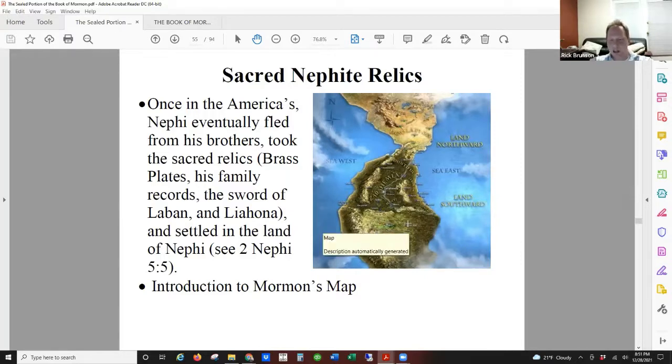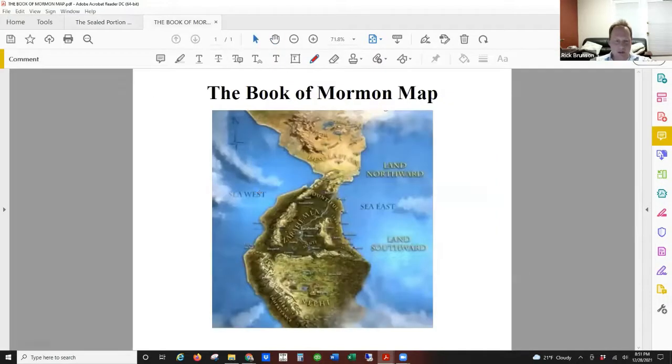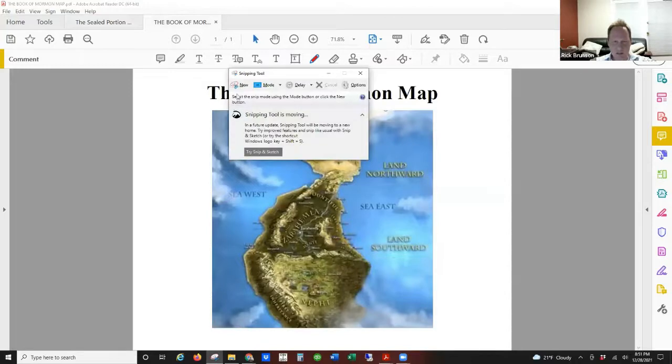Now, in order to understand the remainder of my presentation, I just wanted to take a second and introduce you to what I'll call Mormon's map here. And this is how the Book of Mormon describes the geography and landscapes of the Book of Mormon lands. So let me just take you through this here. So the Book of Mormon,